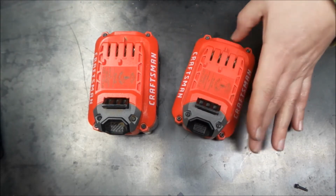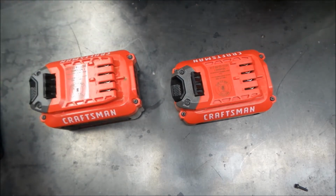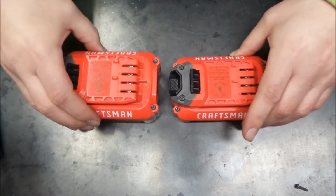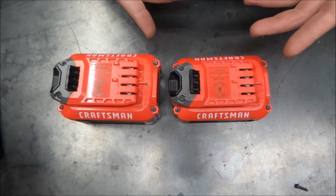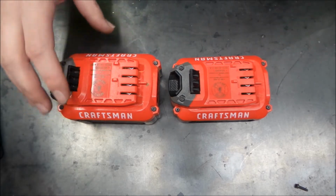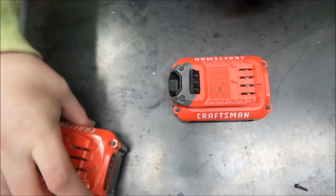So today we're going to play around with something that I haven't gotten around to, but there's two batteries here that were flooded. Somebody I know gave these to me and they were underwater. So before we play around with them, I thought we'd take them apart and see if there was anything goofy inside before we try and charge them. Neither of them are showing anything,